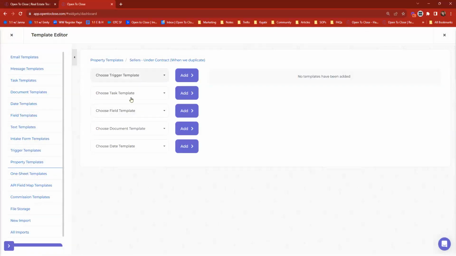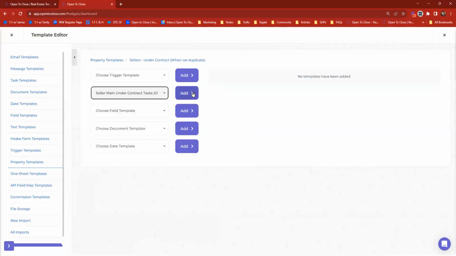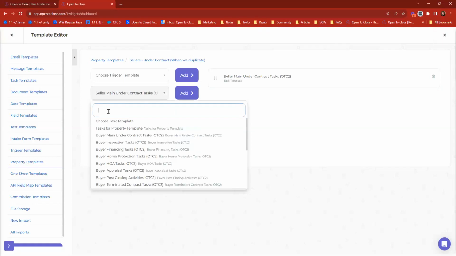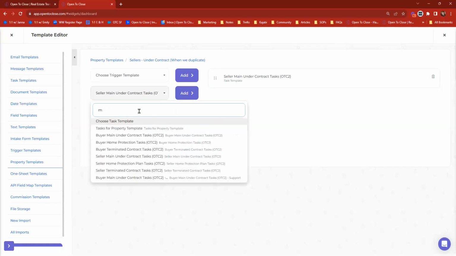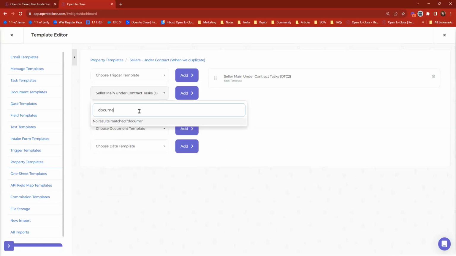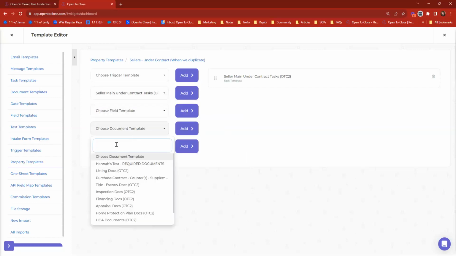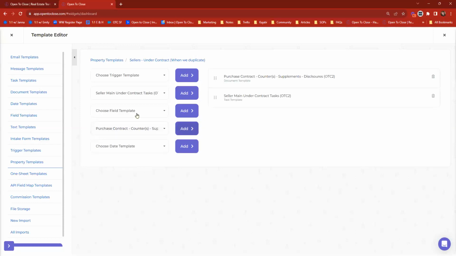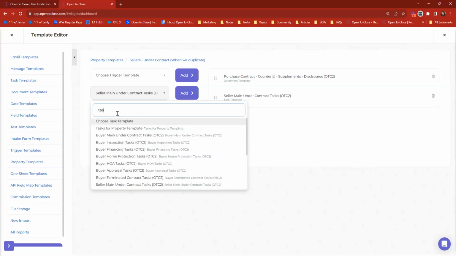And what this does is it brings on our main under contract for sellers, because we need that task template every single time. It brings on our main under contract documents. Let me see if I can find the documents. Oh, my bad, I have to click on documents. Here we go. Purchase agreements, counters here. But when we go to add on those tasks, I would add on that task template